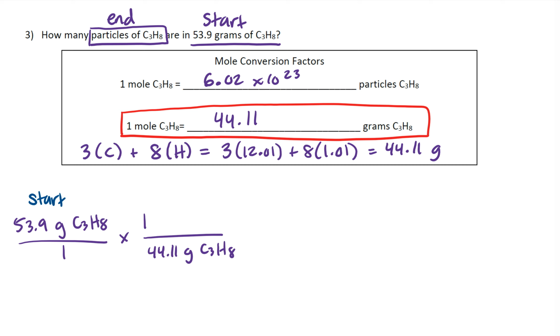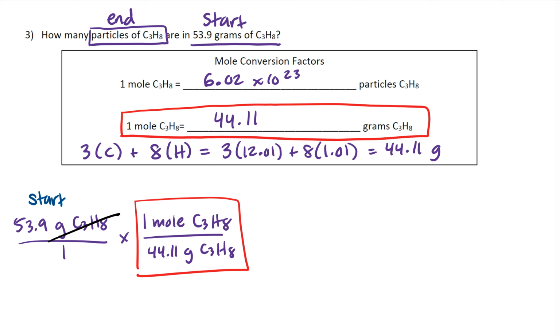And all of that is equal to what I put on top, 1 mole of C3H8. Putting my red box around that so I know where I got that conversion factor from. I see here that grams of C3H8 will cancel out,